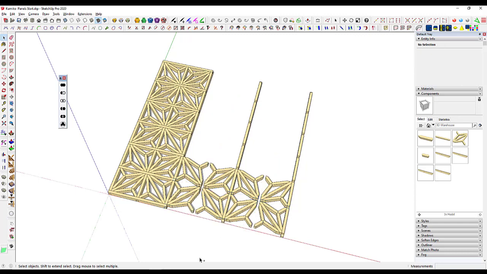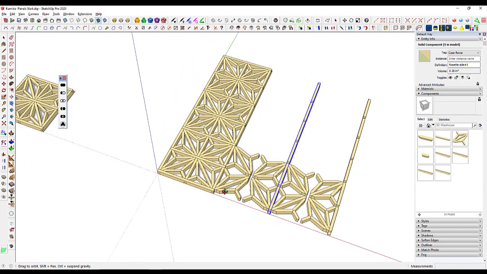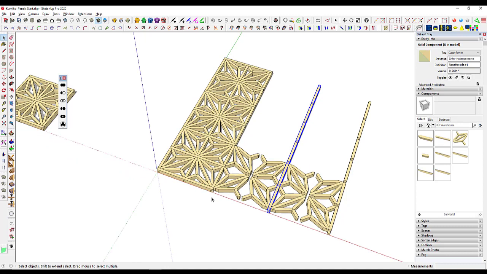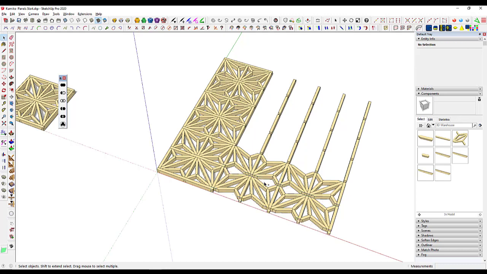So all we really needed to copy was that. Now, this is my rosette side, and this one is called rosette side number 1 because of the make unique operation. What I'm going to do, actually I'm going to undo my delete here. I'm going to go ahead and delete these, but I'm going to leave those long ones. So what I'm going to do is I'm going to take these two, select those, and then I'm going to